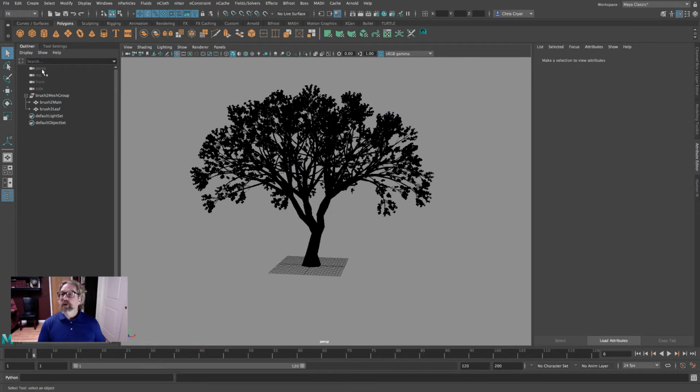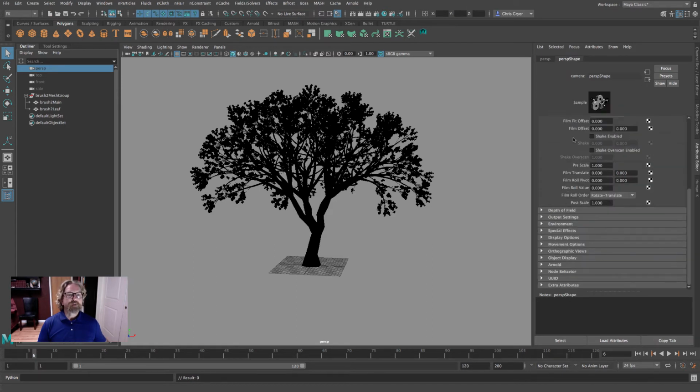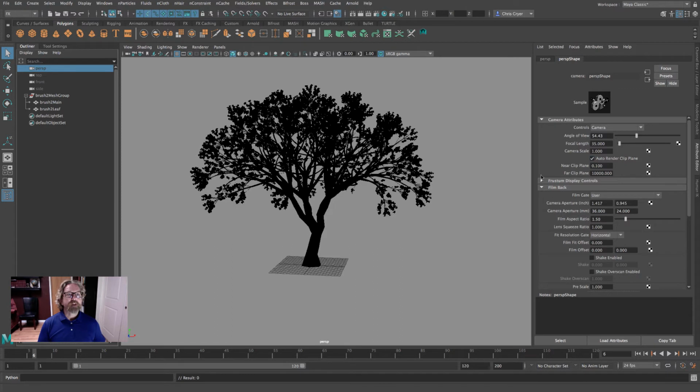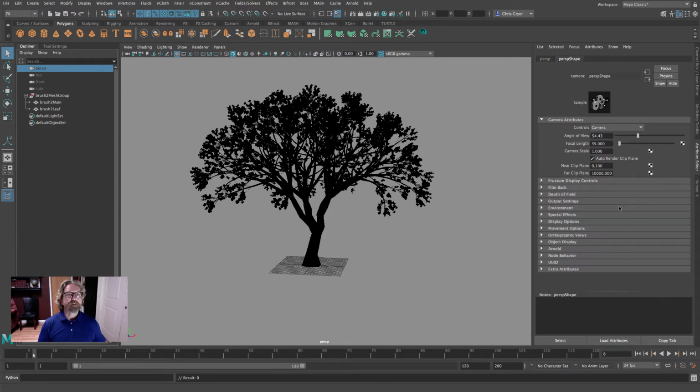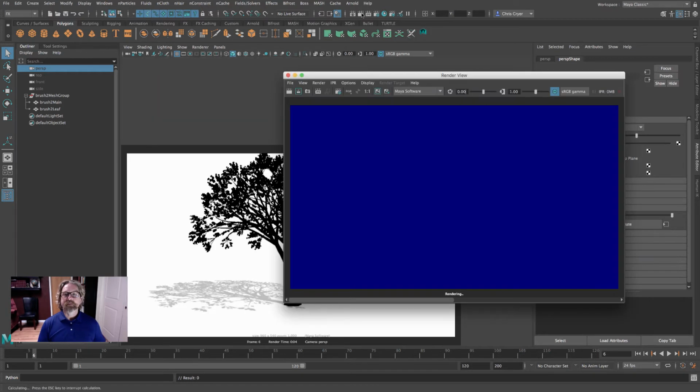Now let's render this, right? This was just meant to be a graphic representation of a tree, a silhouette. So we'll pick our perspective and come down, right? You'll come into the attribute editor for your perspective. Come down to environment, and you're starting off black most likely, and just scrub that up to white. Now if we were to render,